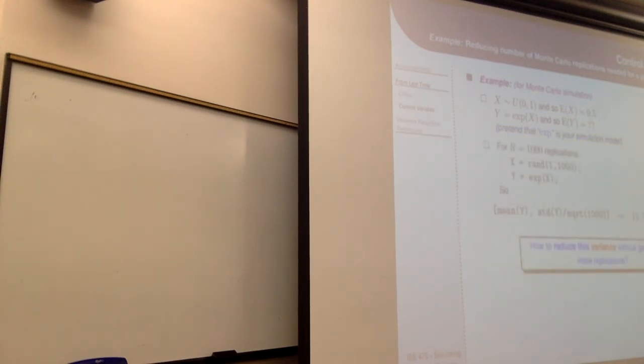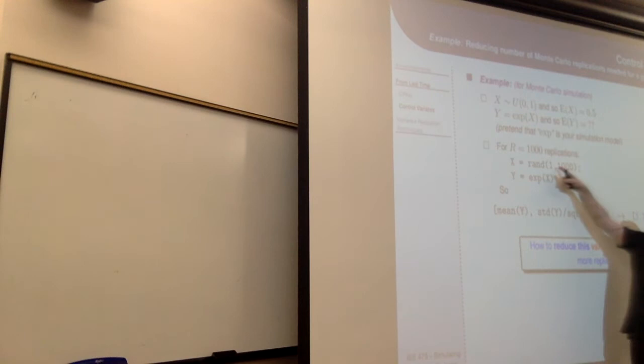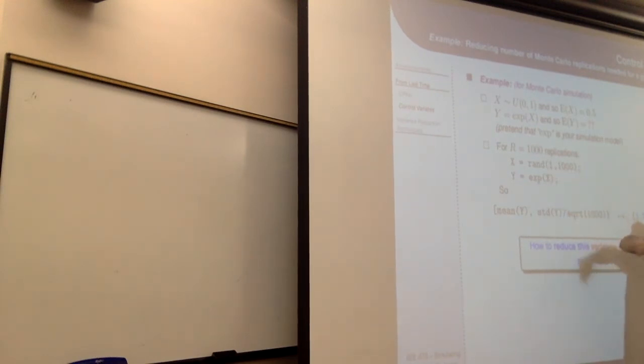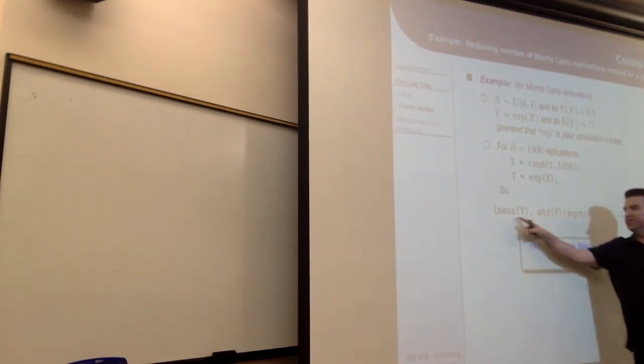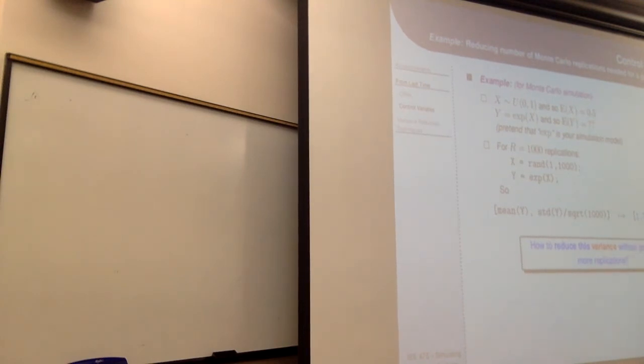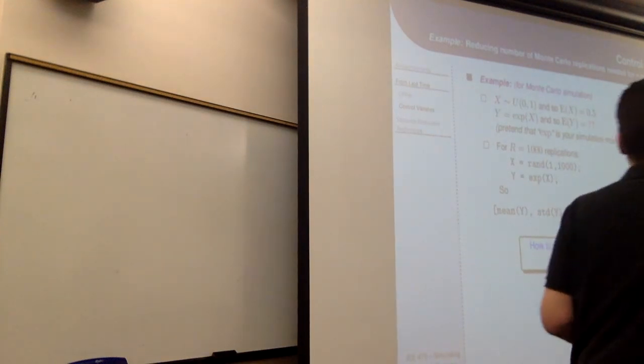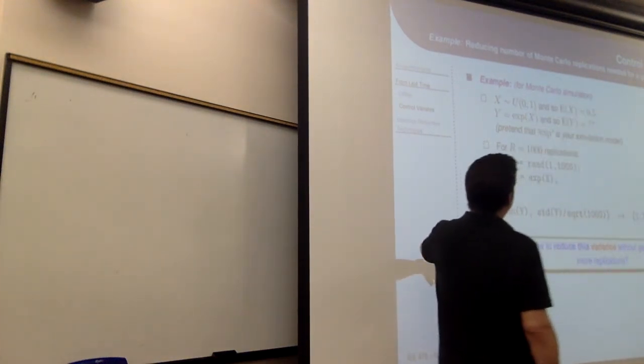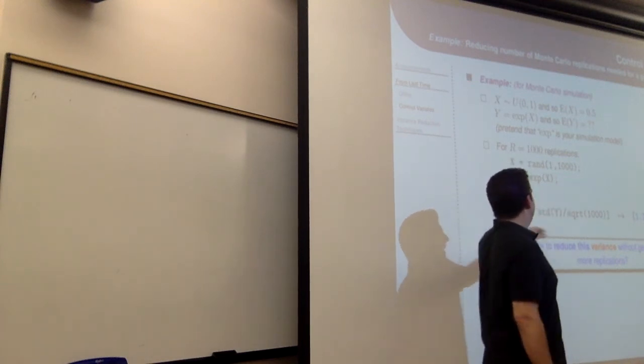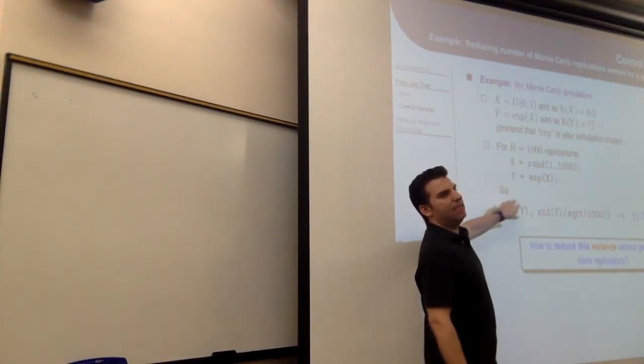So for 1,000 replications, I'm going to generate 1,000 random numbers between 0 and 1, run them through the exponential, and then take the mean and the standard error of the mean, which is what this notation is. I end up getting 1.7 for the mean and a standard error of 0.0157. That's okay, but it would be great if I could reduce that variance without running any more replications. So the idea is, can I look for a correlation between x and y that allows me to rerun my mean and standard error